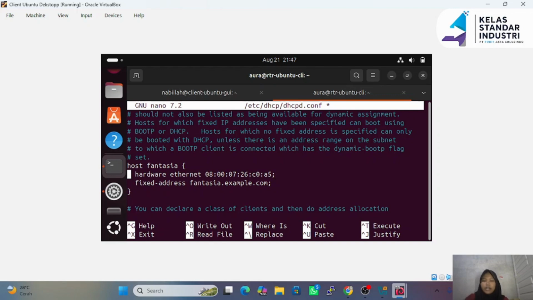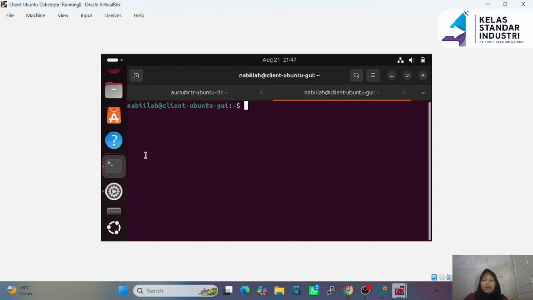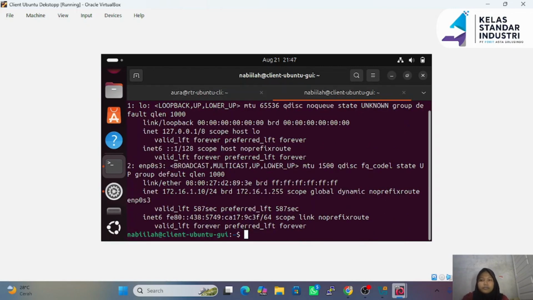To find the MAC address of the Ubuntu desktop, we can open a new terminal and type ip a. Then look for the line that says link/ether in here. The value next to it is the MAC address.